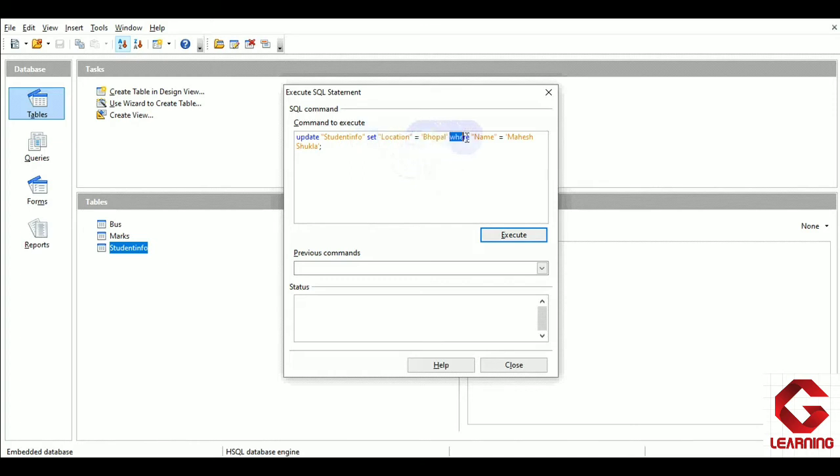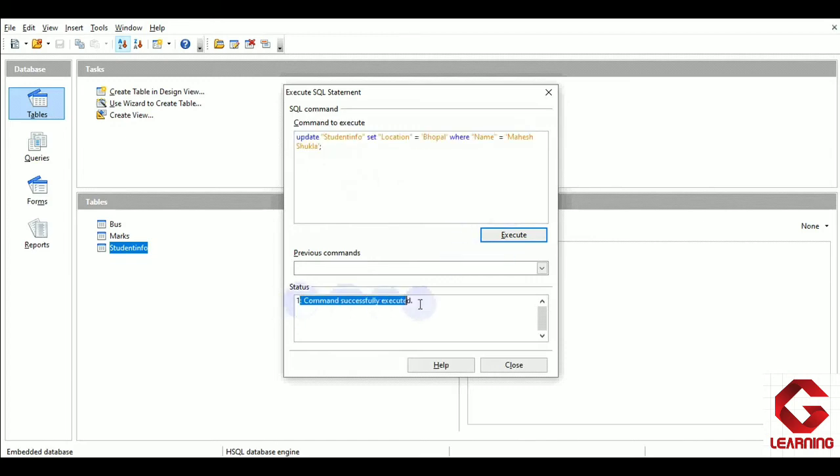Thereafter, as we want to make a change in one specific record, we have to give a condition, and the condition is that in the name column wherever the value is Mahesh Shukla, in that we have to change the location value to Bhopal. So this is the update command, and now just to execute it we have to click on run.